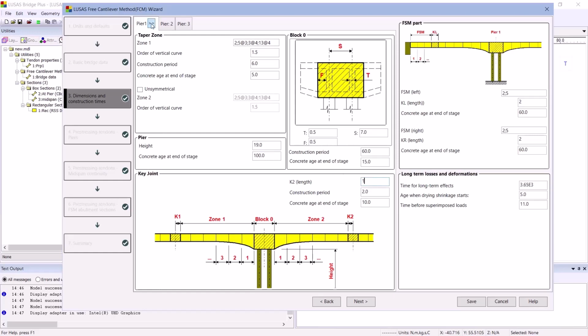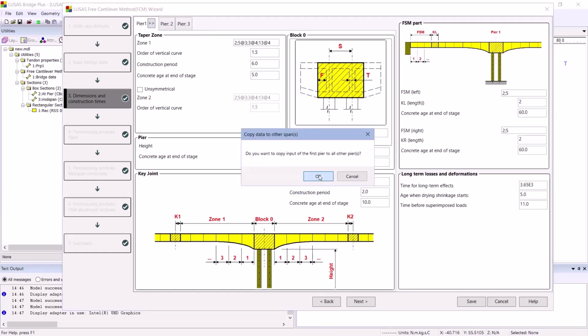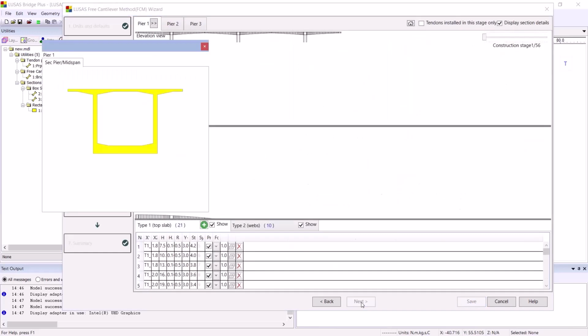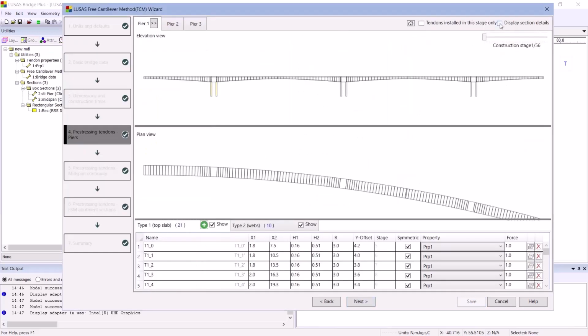The example had 2 piers, so using this button at the top of the tab I can copy the input from the first pier to the other tabs. Of course they may be different, but often very similar. Over on the right, the fully staged parts at each abutment require a few similar inputs. At any point we can save our progress, because obviously a large complex structure might take a bit of time to input. When we click next, we move on to the tendon input pages,